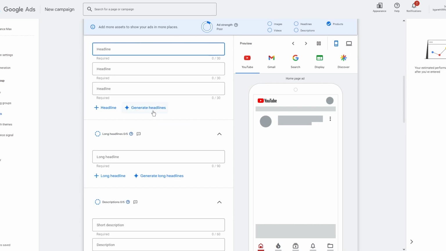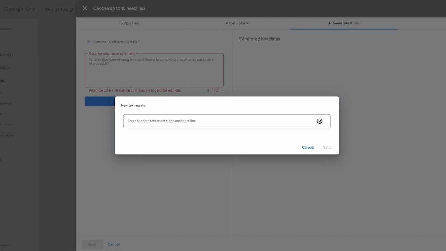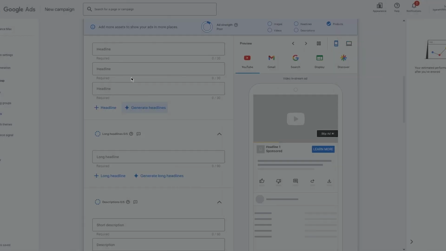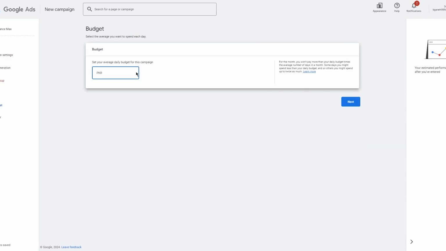So what's going to happen from there? Add your headlines, add your details. You can generate random headlines for yourself as well, by the way. So once you've generated these things, chosen your headlines and everything, you're simply going to click on next. And once you click on next, you're going to add in your budget for this campaign. So what's your daily budget? You're going to add in the money, click on next, and that is basically going to set you up with